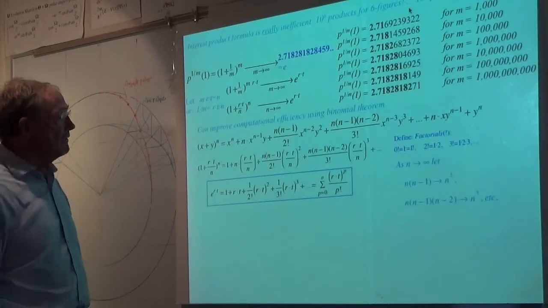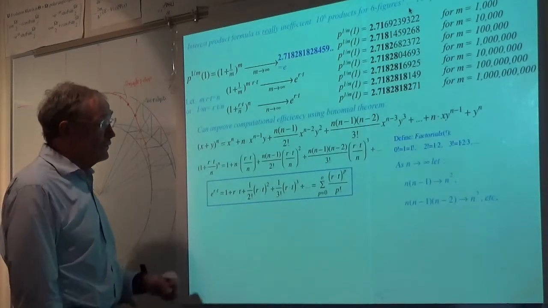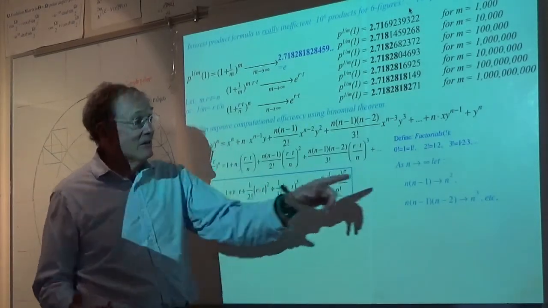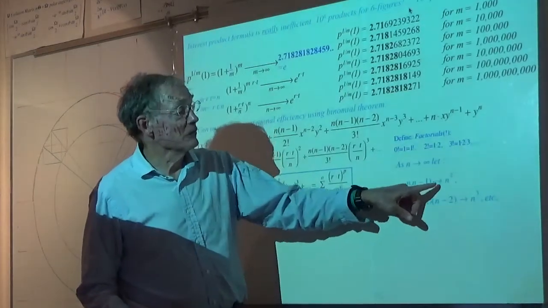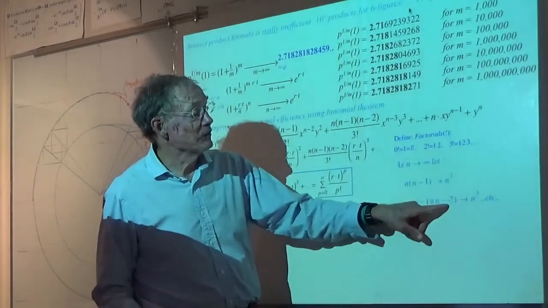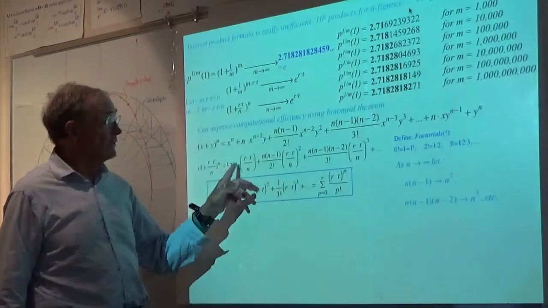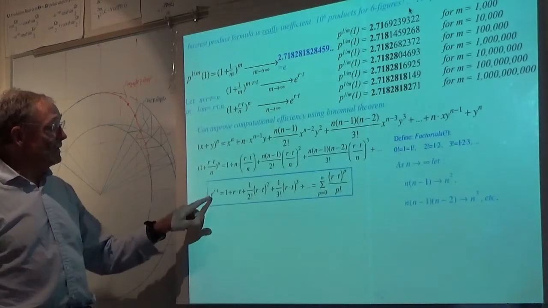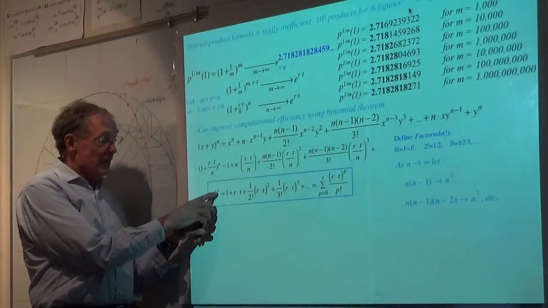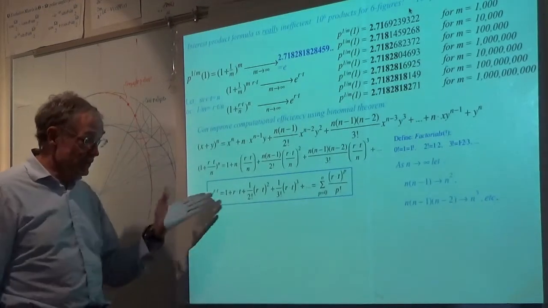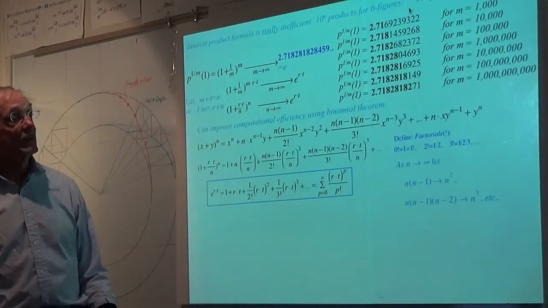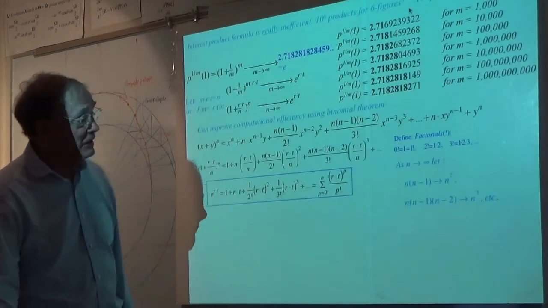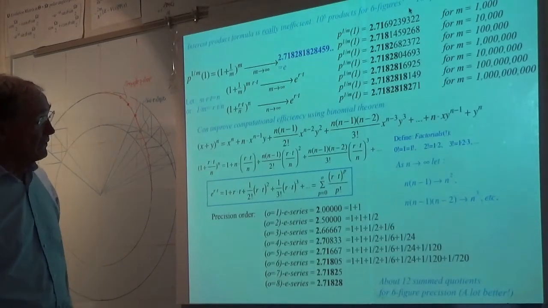And because they grow very fast, one of the things you can do is say, I'm really only interested for very large n. I can let this n times n minus 1 be n squared, n times n minus 1 minus 2, I can let that be n cubed. As soon as I do that, you get the power series for an exponential for any interest rate in any time. And the question is, how good are those power series? We need to see that. But that's an exact mathematical expression in any case, which can be carried to arbitrary accuracy across time.